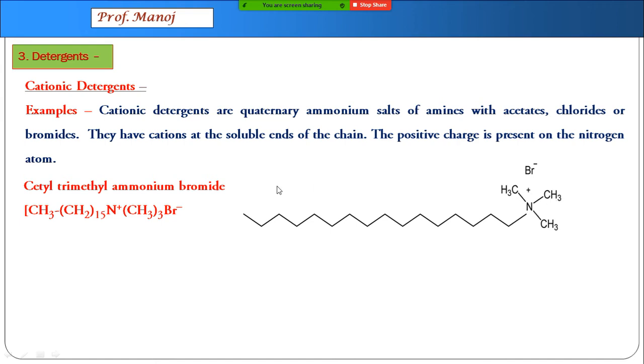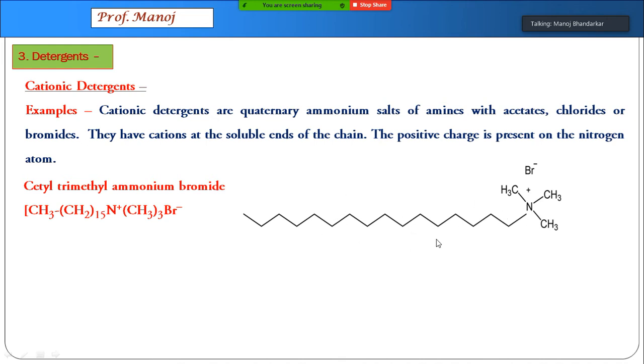With 3 CH3 groups, it is written out here, and a chain of 16 carbon atoms you can count in this direction. So this is a chain of, let us check, 1, 2, 3, 4, 5, 6, 7, 8, 9, 10, 11, 12, 13, 14, 15, 16. Earlier, when this topic used to be there in HSC, they used to actually check the number of carbon atoms whether the student has drawn correctly.